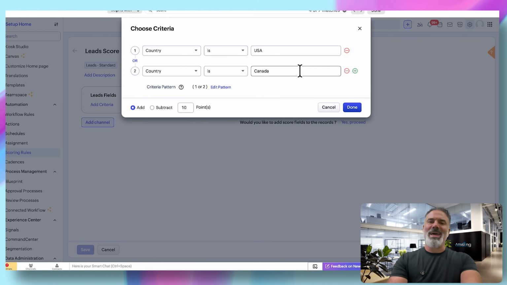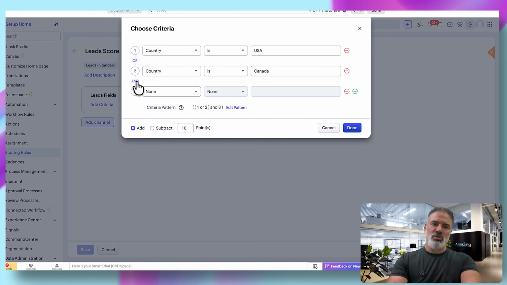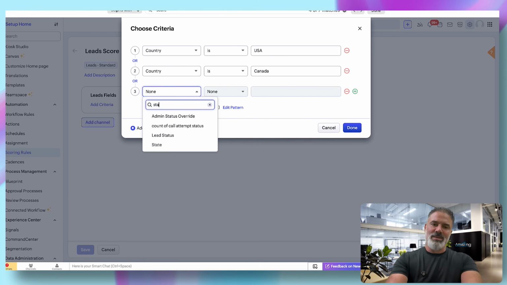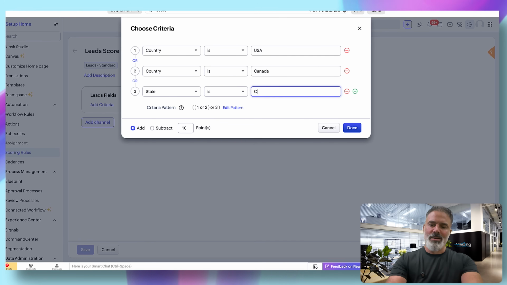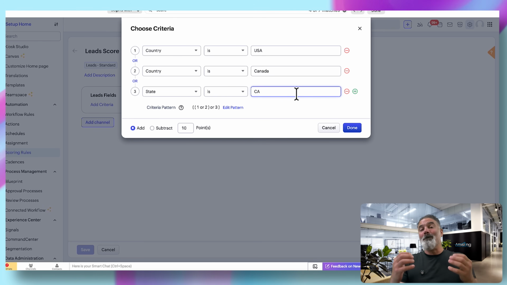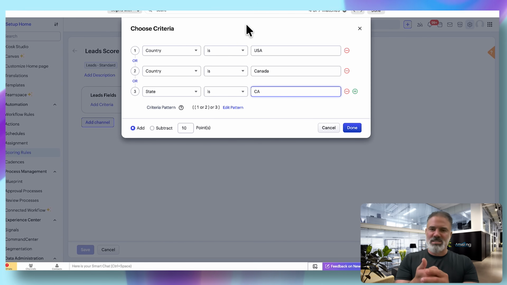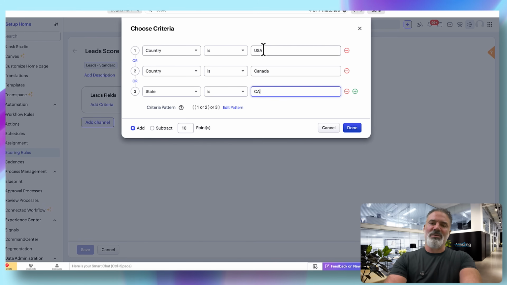And you can have more fields. I can have also that, for example, when the state is, let's say, California, it's also great conversion. So eventually, based on my company, I will set different rules. It might be based on products, might be based on anything that is related to your business. But when it happens, they will get more score. In my case, if they're coming from the USA, from Canada, or state of California, I will add 10